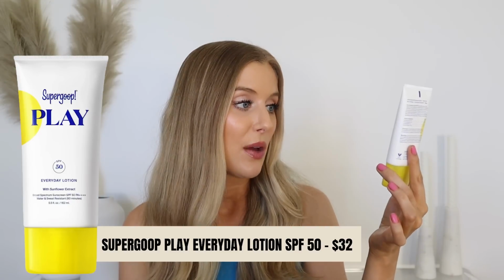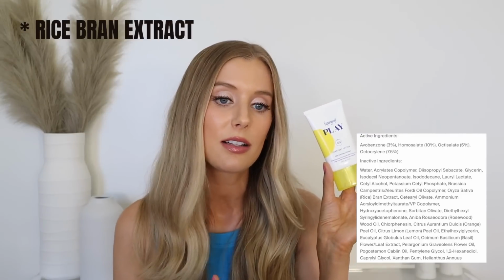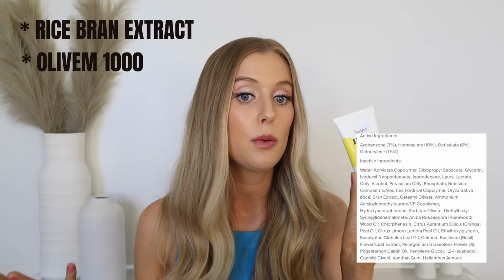This is an SPF 50 and is water and sweat resistant for 80 minutes. This is a chemical sunscreen as well. The active ingredients are avobenzone, homosalate, octisalate, and octocrylene. And it has some really nice inactive ingredients like rice bran extract, which conditions and protects the skin, Olive 1000, which is a